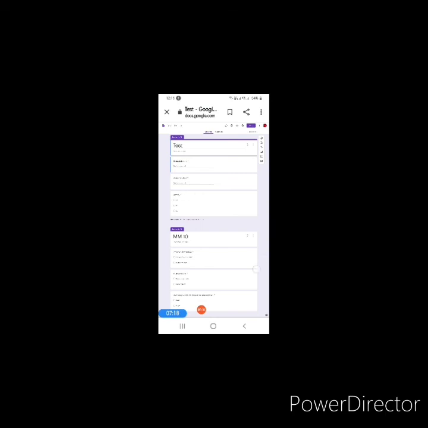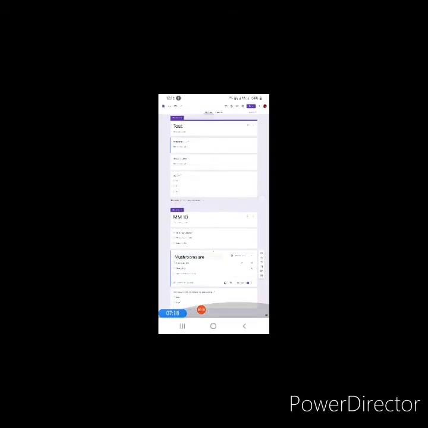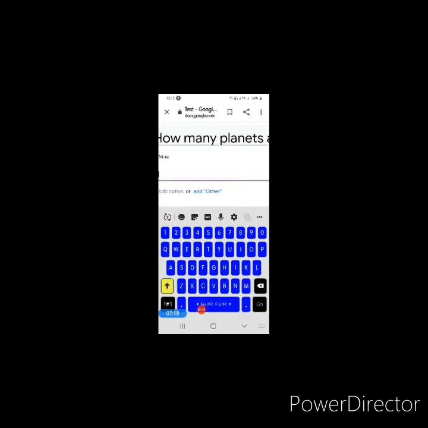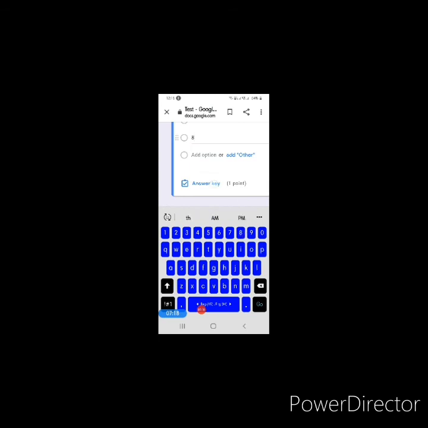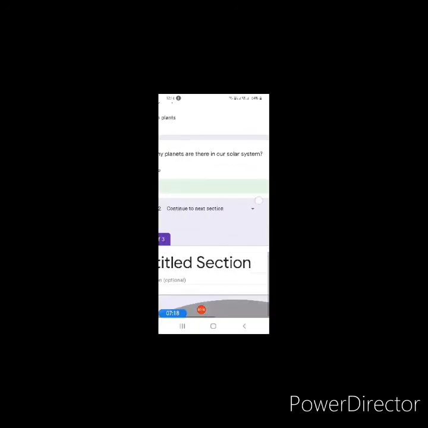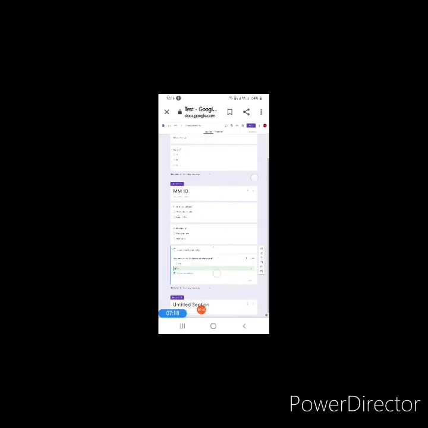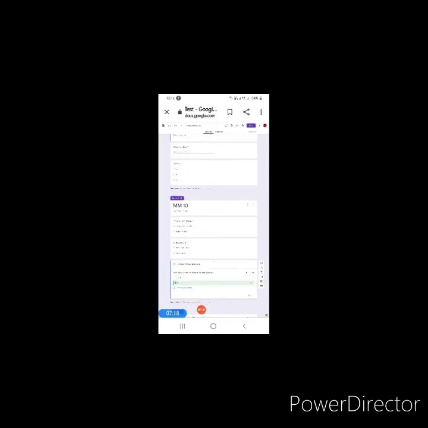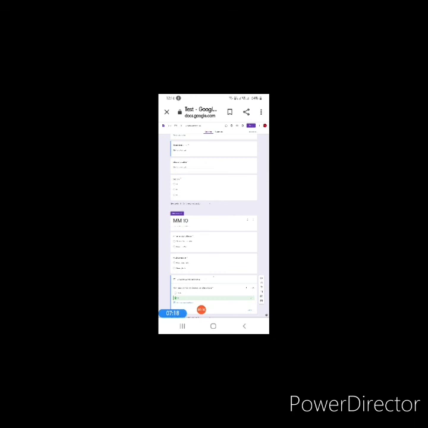And if I want the section to be changed, I can again come to this question, and I can select this section, so the 3rd section will come. This way I can add on questions. And now if I want to send this test to children, I can select this send.